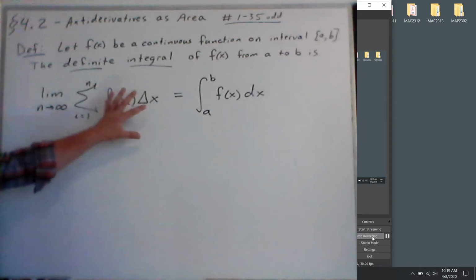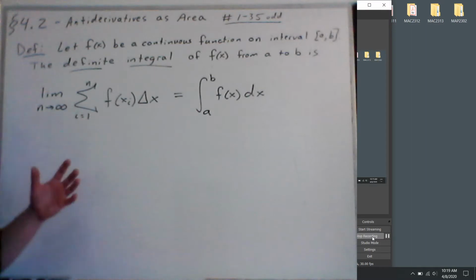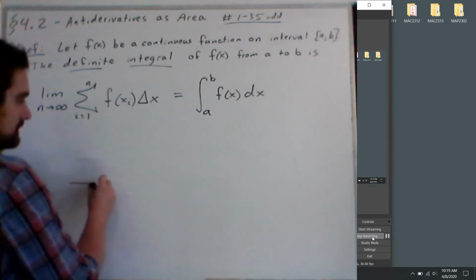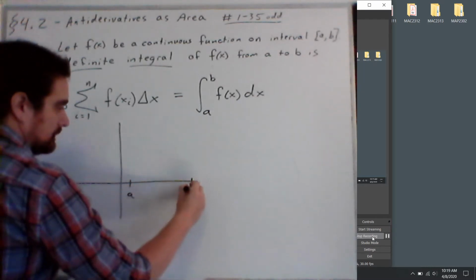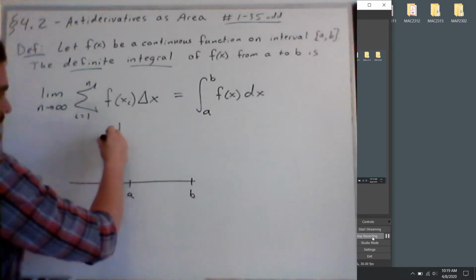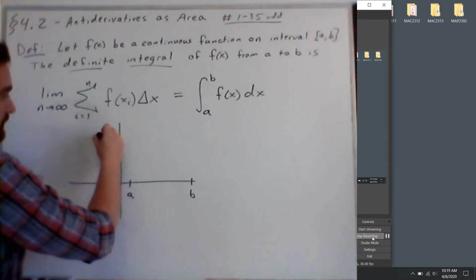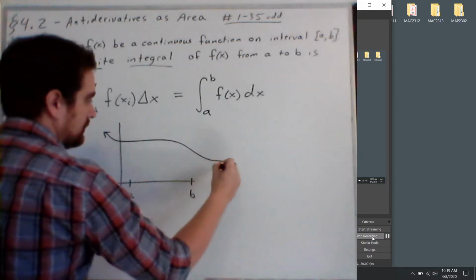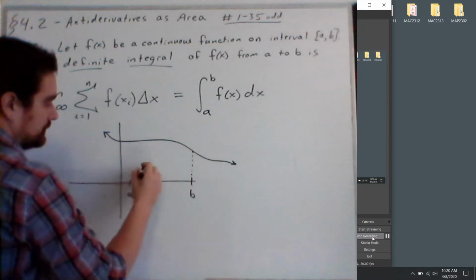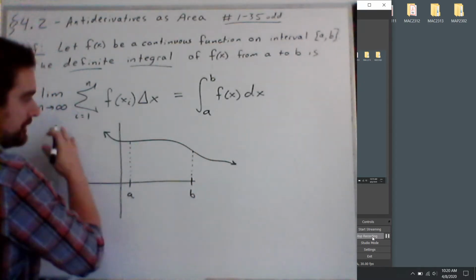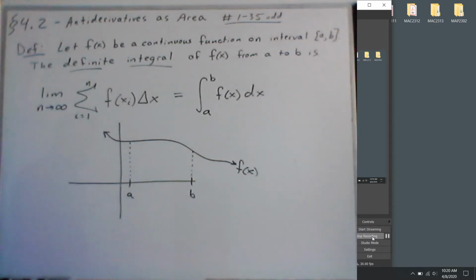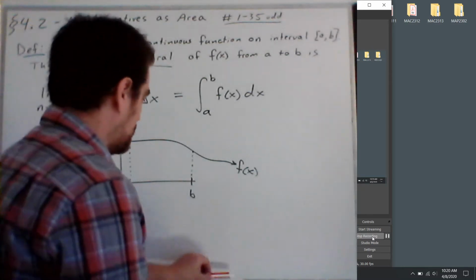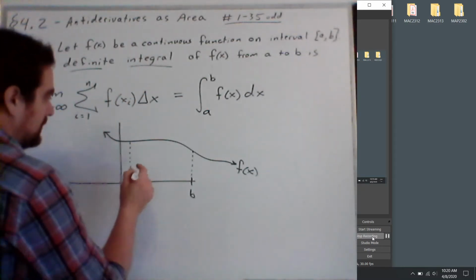So this sort of scary notation is just a way of taking a function over some interval a to b, and who knows what the function looks like, and it really only needs to be defined over the closed interval a to b. We don't really care about the rest of the stuff, but it could be there. That's fine too. And what it does is its application has us find what's known as the area under the